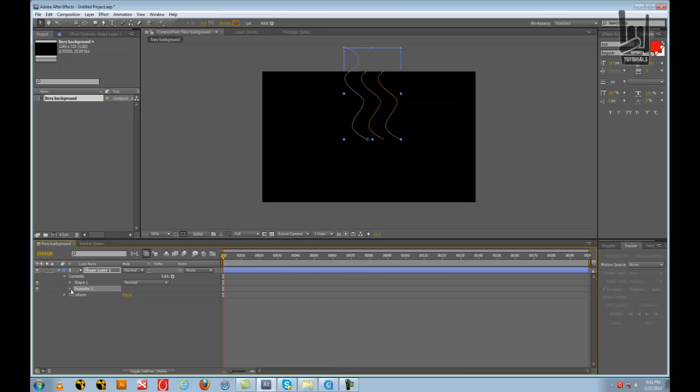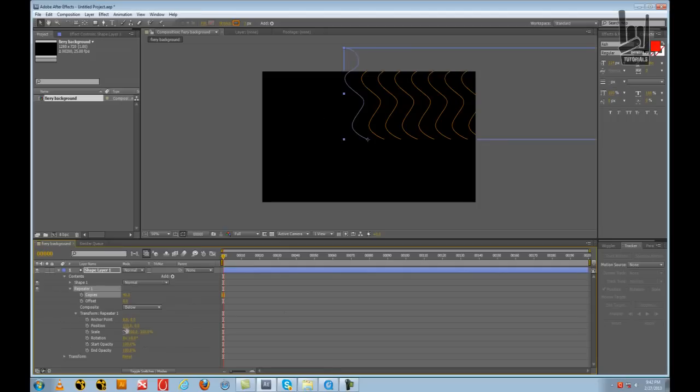So I'd like to go inside my repeater, go inside my copies, and I will type in 40 as my destination copies. What I would like to do is converge all of them to a single location. Now it will be impossible for us to do that without having the transform properties inside my repeater. So I'll go inside my transform properties and change my position in such a way that they come on the same plane. Cool? Okay. Now I will very nicely try and rotate them till I get all of the curves